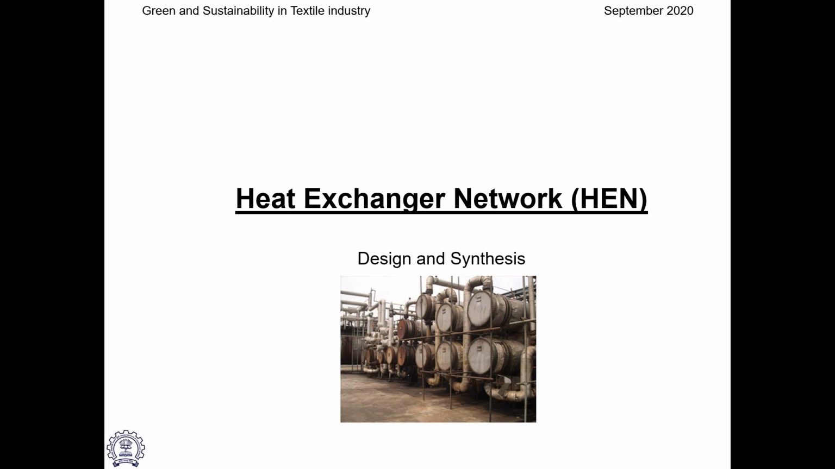So hot streams will have some heat which has to be removed. Cold streams require some heat, so we have to provide it. One way we can provide it is from the heat from the hot stream to the cold stream. And in industry, there may be many such streams, may not be one exchanger. One heat exchanger is not sufficient. We have many such heat exchangers and we call it a heat exchanger network. This is the problem that we are going to look at because this is where the pinch analysis was originally